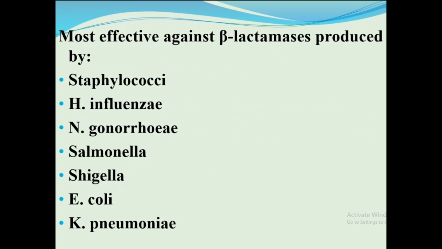So, which are the organisms they are mainly effective against? Is beta-lactamase produced by those staphylococci, the influenza, gonorrhea, salmonella, shigella, E. coli, and Klebsiella pneumoniae. The last two organisms, E. coli and Klebsiella, these are the very common and notorious organisms which are widely available in the hospitals, and these